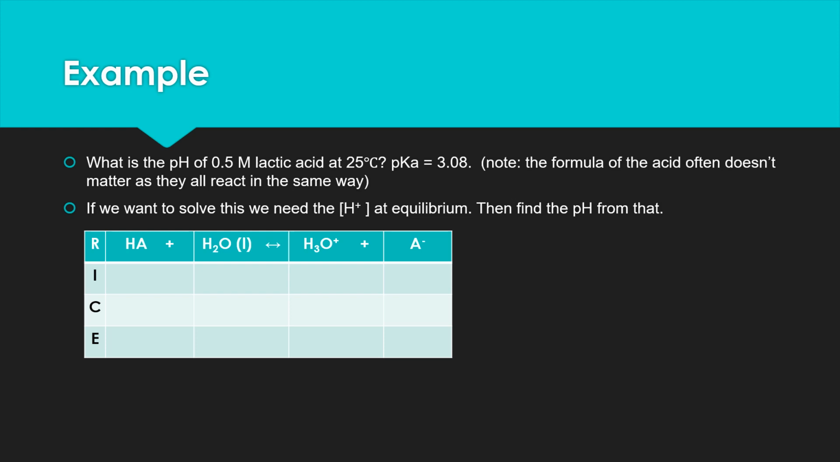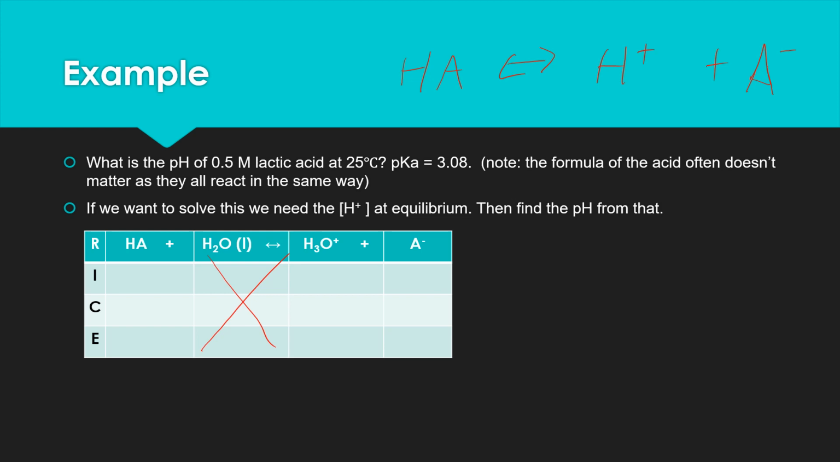You've seen me write this before as just HA is our formula of our acid. We're dissolving it in water and we get that H3O plus and the A minus. Sometimes this is also written in an even simpler way with just the H plus and the A minus. These are interchangeable in terms of the two equations because water is a liquid and that part doesn't matter to